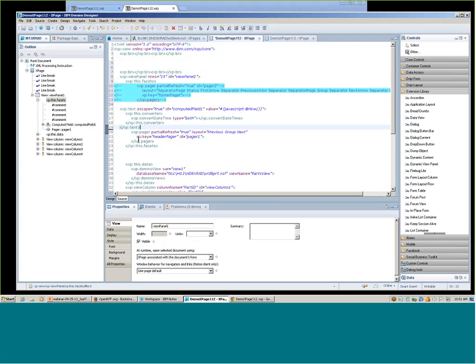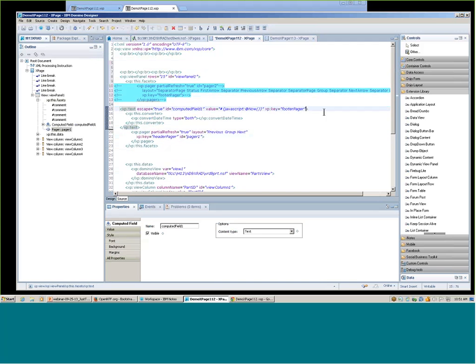Now, one more thing I need to do is borrow this xp:key from my commented out control, xp:key footerPager, and I'm going to add that to my start tag for my computed field control.